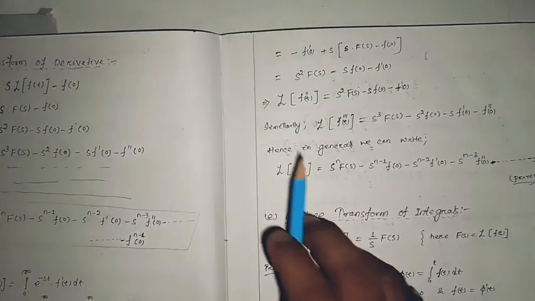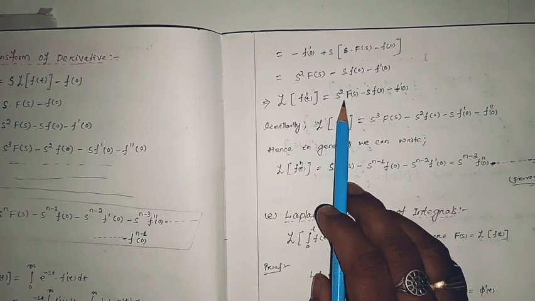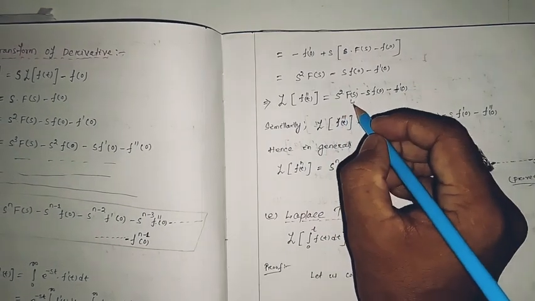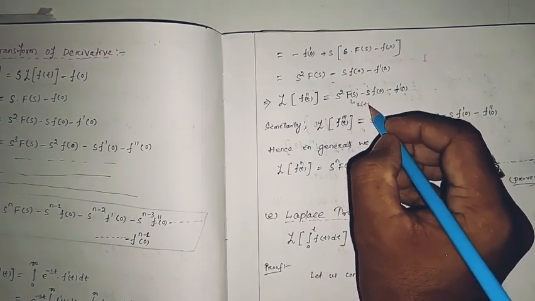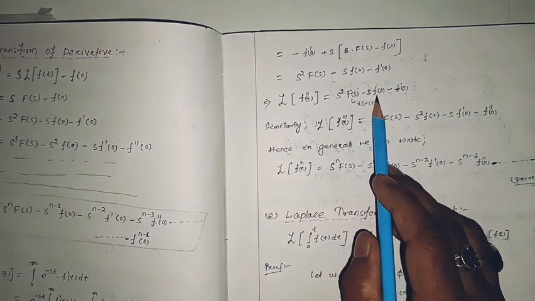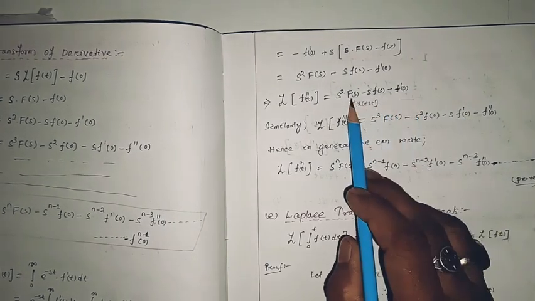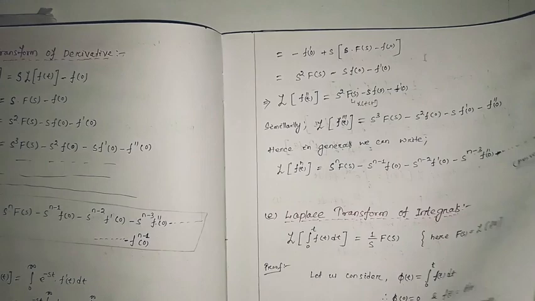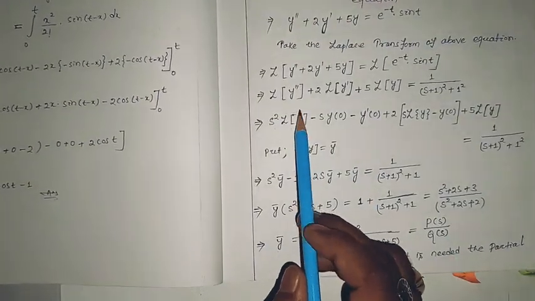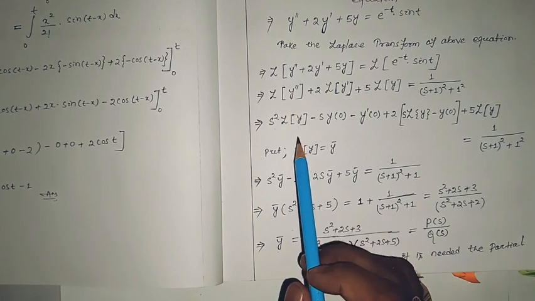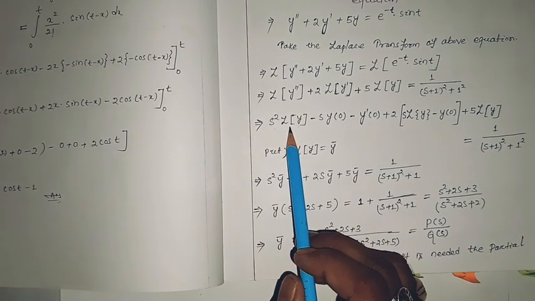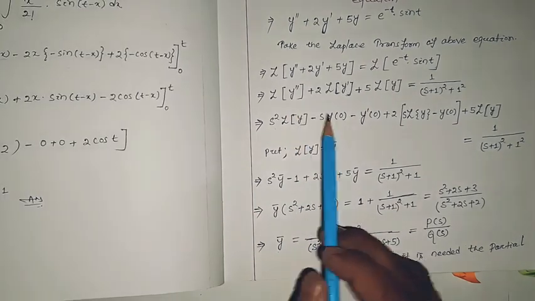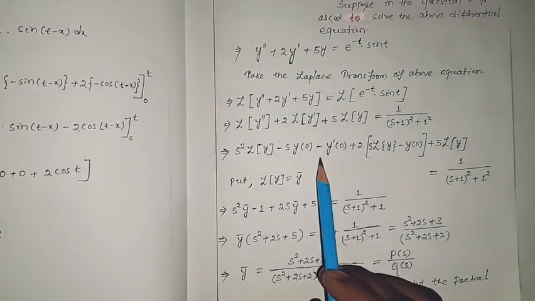For the second derivative, the Laplace transform is s square F(s) minus s f(0) minus f dash (0), where F(s) is the Laplace transform of f(t). Here, instead of f, we have written y. So s square Laplace transform of y minus s y(0) minus y dash (0)